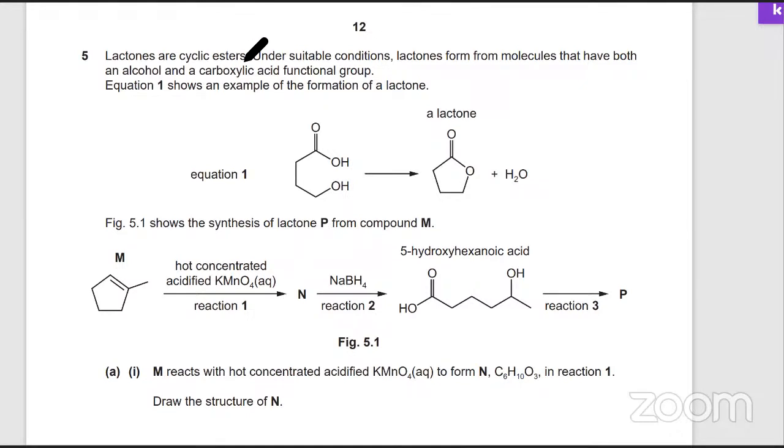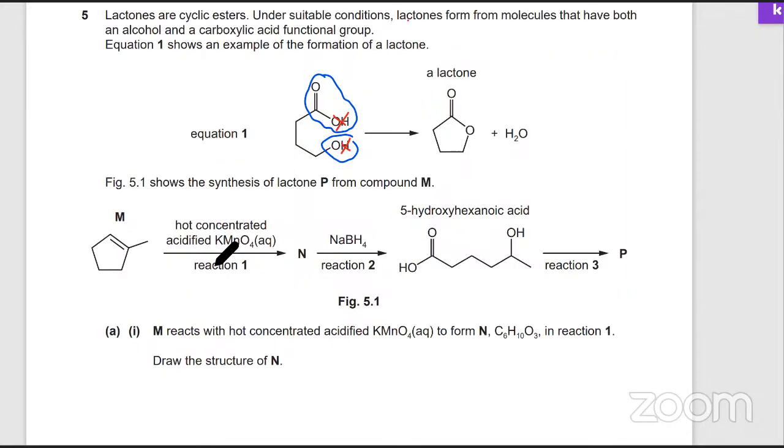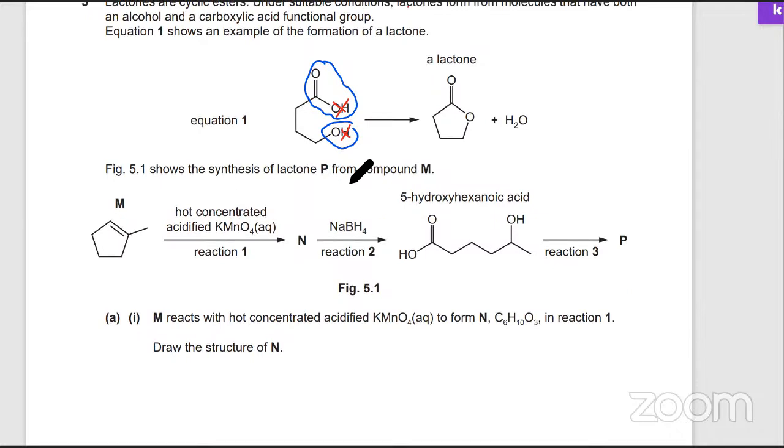Lactones are cyclic esters. So under suitable conditions, lactones form from molecules that have both an alcohol and a carboxylic acid functional group. So there's a carboxylic acid functional group and there's an alcohol. Alcohol and carboxylic acid obviously form esters. The carboxylic acid loses its OH, the alcohol loses its H, and they just join up and form an ester. So that's pretty obvious. Now, what he's doing is that shows the synthesis of lactone P